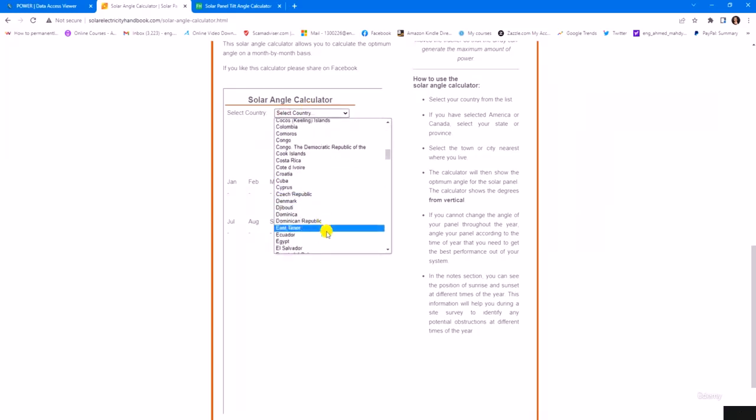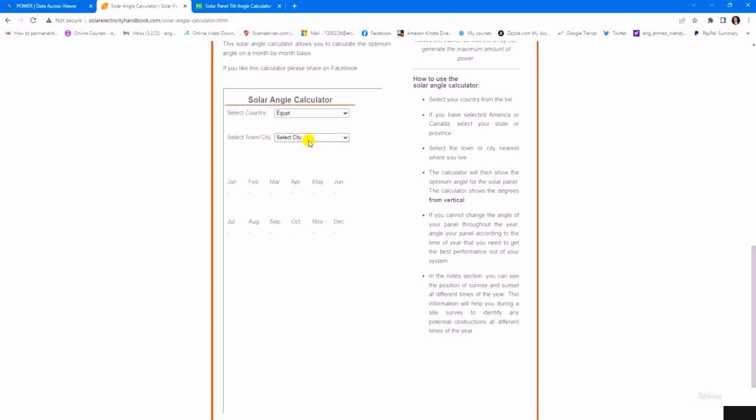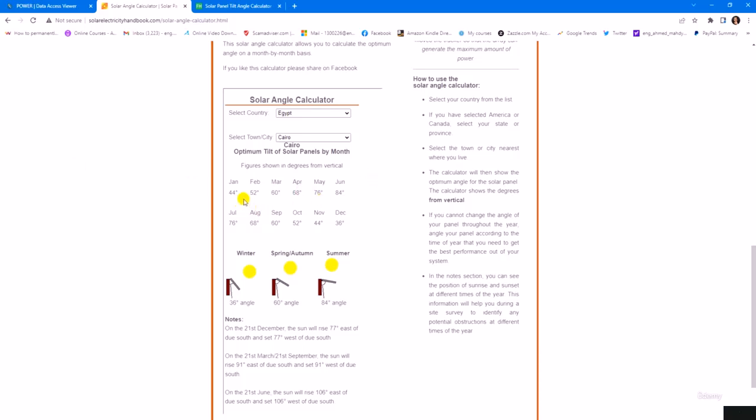Same idea, Egypt. Then the city, Cairo. Where's Cairo? Let's go down here, Cairo. So you can see that this website gives you the optimum angle for each month.